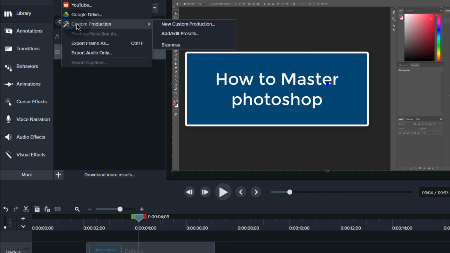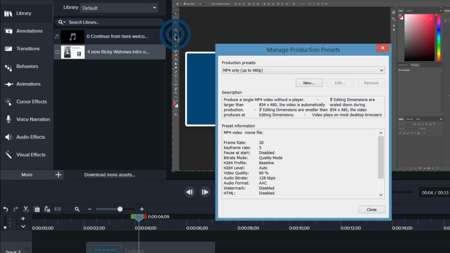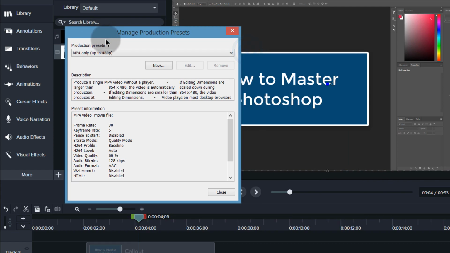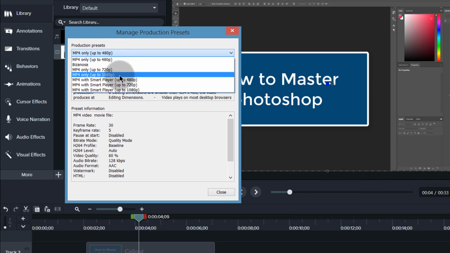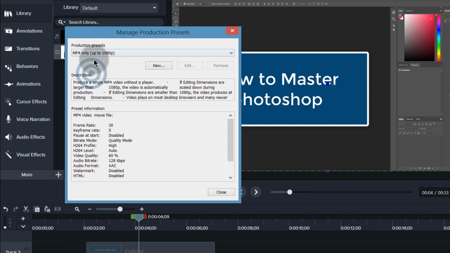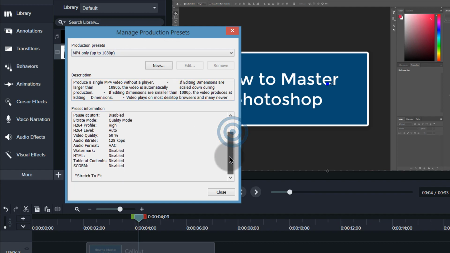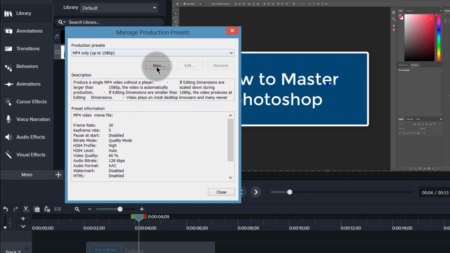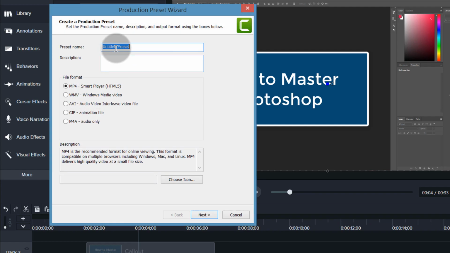Or you can use presets, and you can just click here to add or edit presets. And you can choose any of these presets here. MP4 only up to 720p, MP4 only up to 1080p. So I know this video is at 1080p, so I can choose 1080p, and if I want to edit it, I can just click here on new, give it a name,